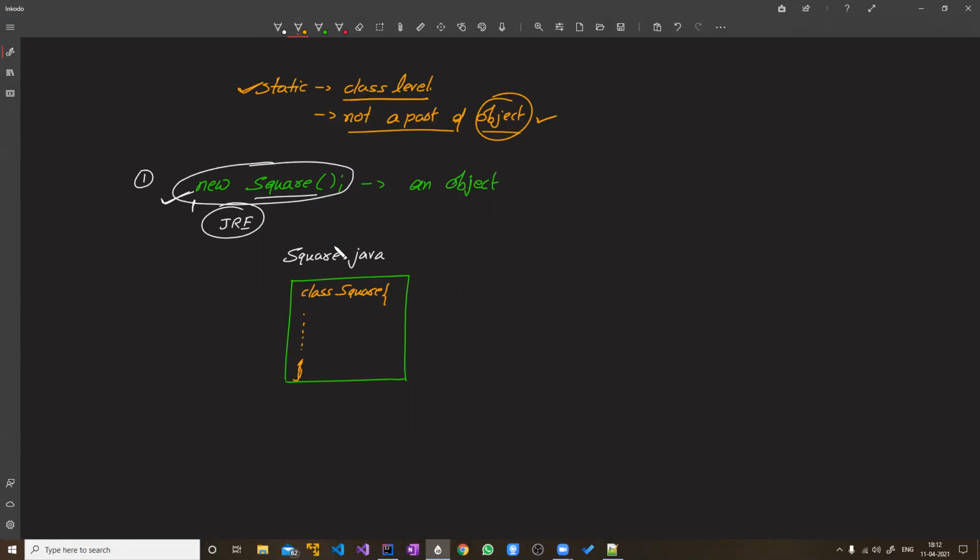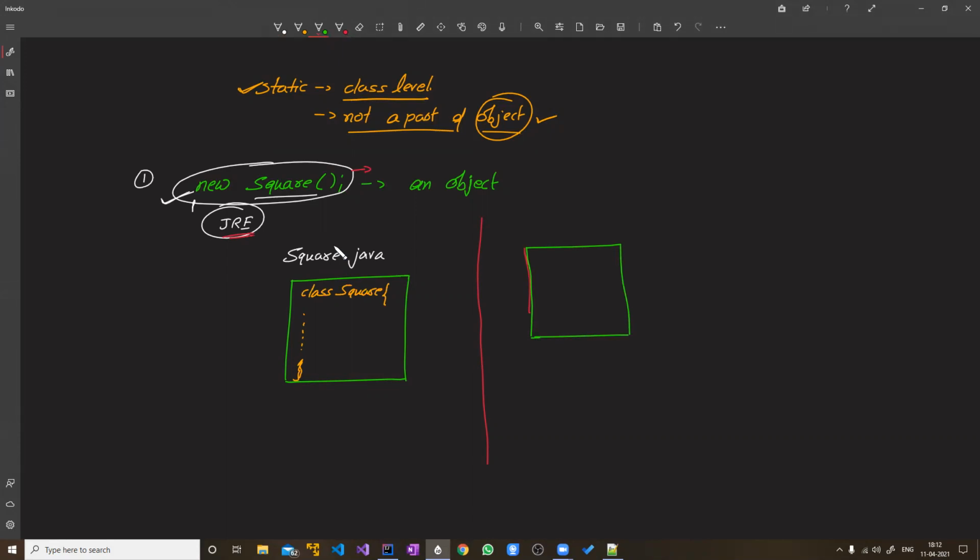Now based on this class definition, what does your JRE do once this statement is executed? It creates, or you can say it allocates, memory in the memory itself, right? So a part of the memory is reserved for this.